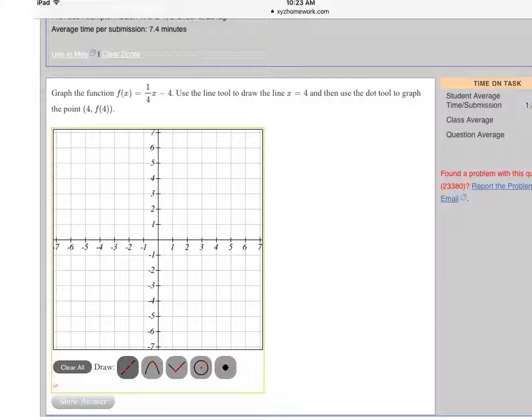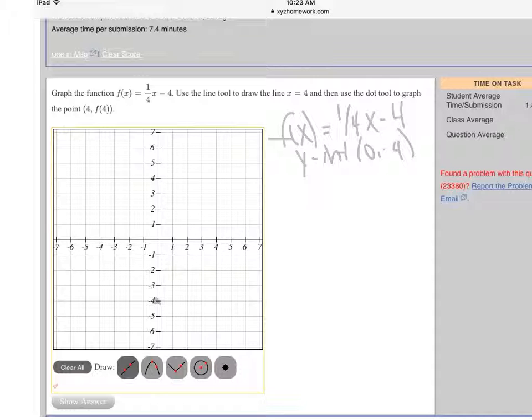So the first thing we want to do when we are graphing f of x is to plot the y-intercept and then use the slope 1/4 to rise and run. And so for the equation of f of x equals 1/4 x minus 4, the y-intercept is 0 and negative 4. So if I was going to plot that, I would go to 0 and negative 4, and I would make